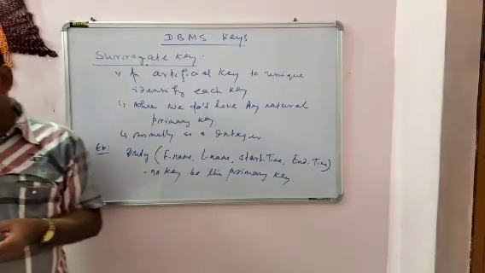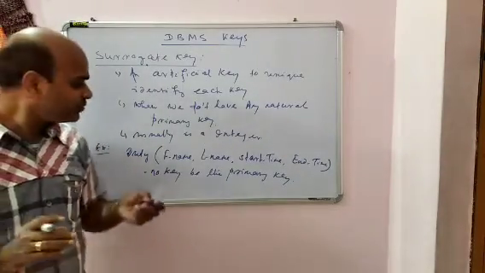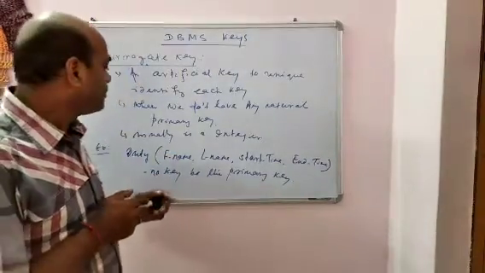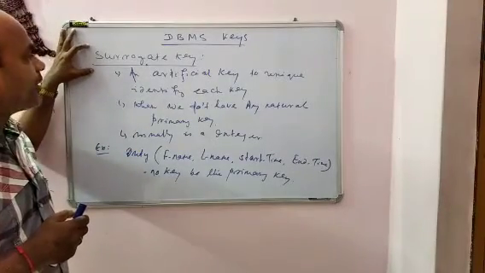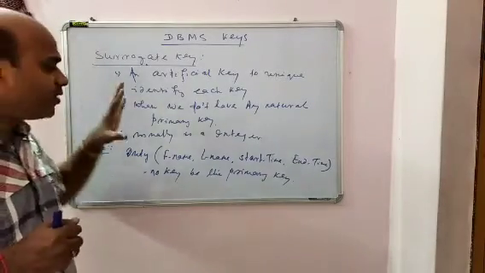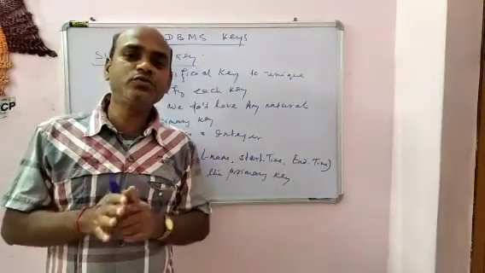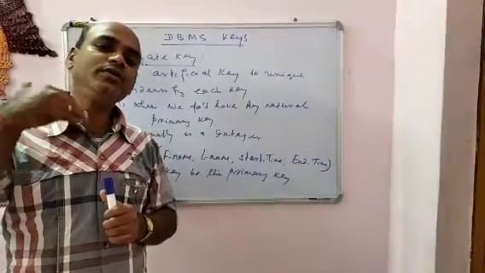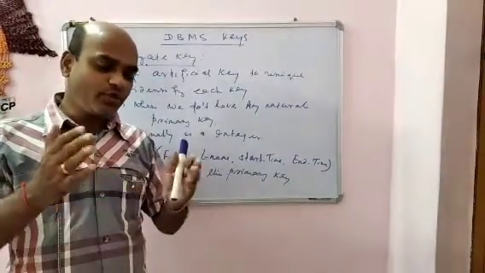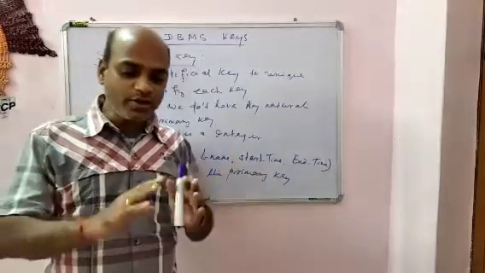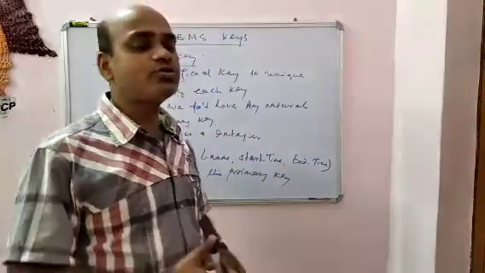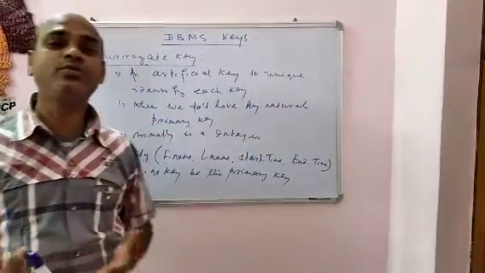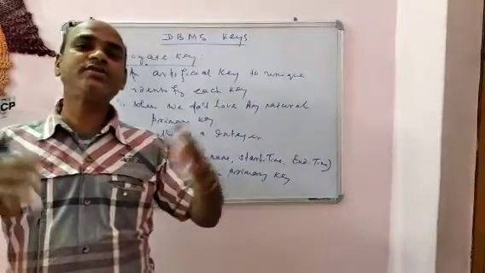Now, a surrogate key can also be used when the primary key is too big or complicated. At that time, we can accept a surrogate key to uniquely identify. Normally all keys are used for unique identification, so that we can relate between tables. So we use these keys to relate database tables. That is how we relate different database tables.